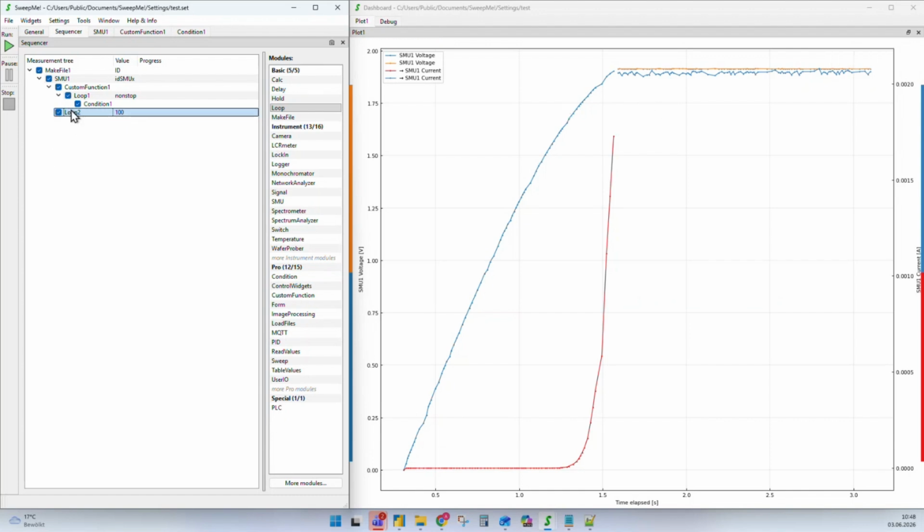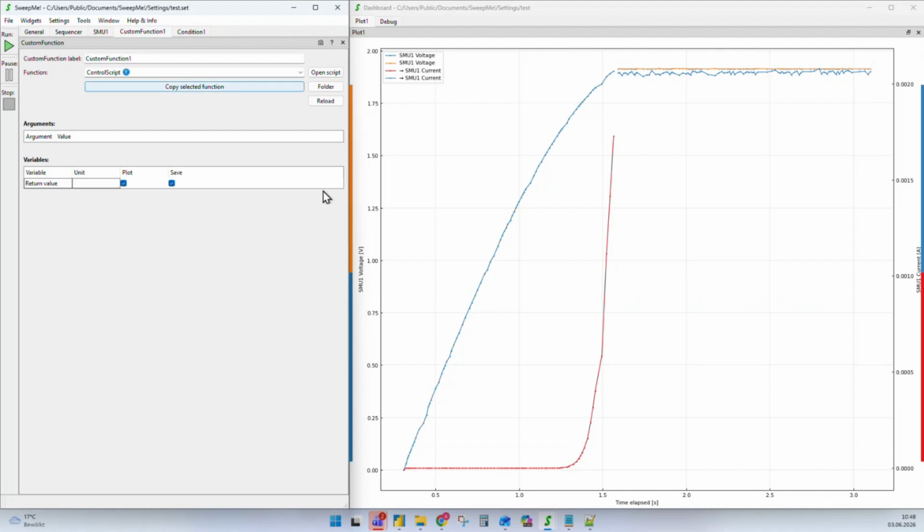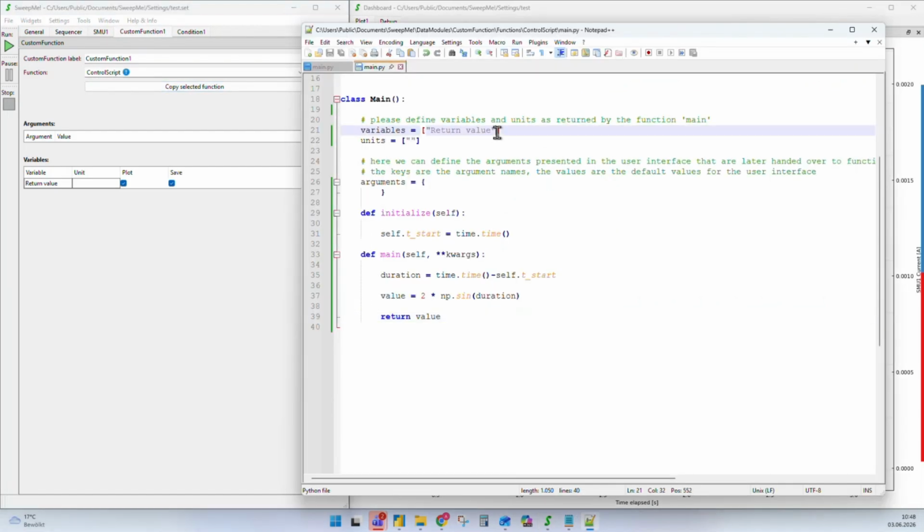This is also a basic concept: you have a combination of loop and condition. You loop until you have reached a certain state, and then you can trigger a condition. The condition could also be created in the custom function. For example, we could have another